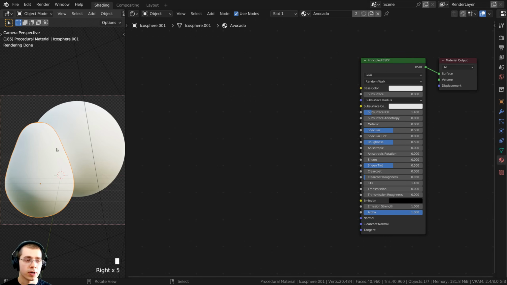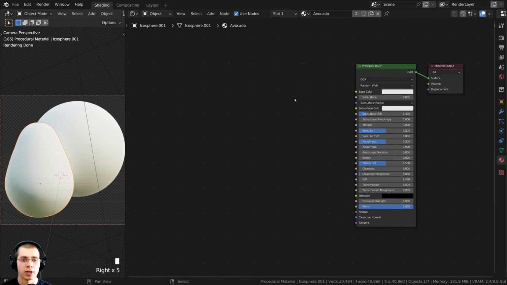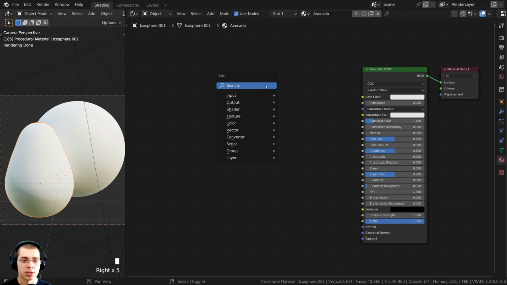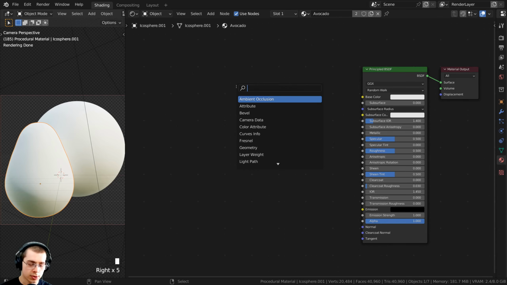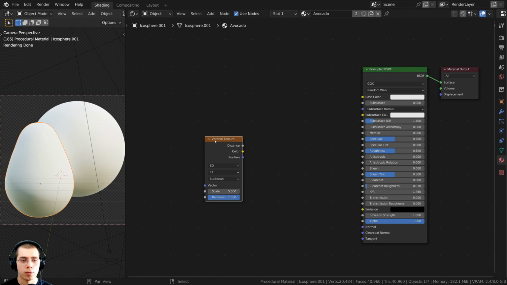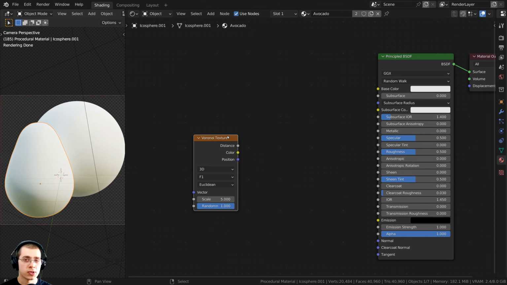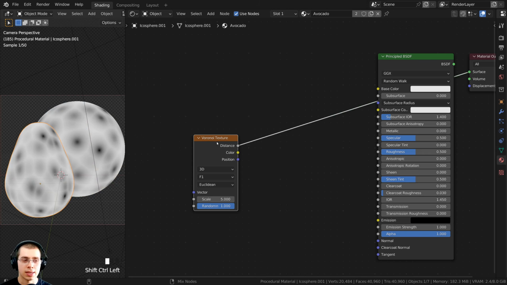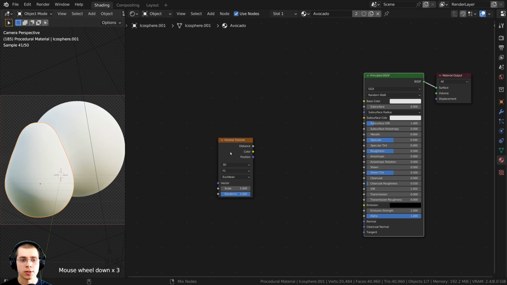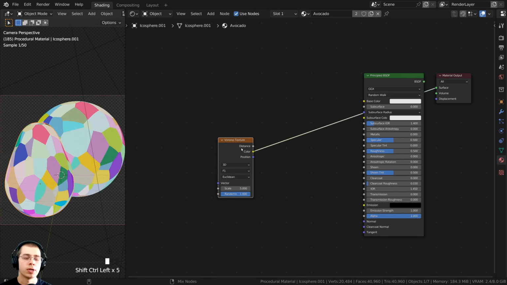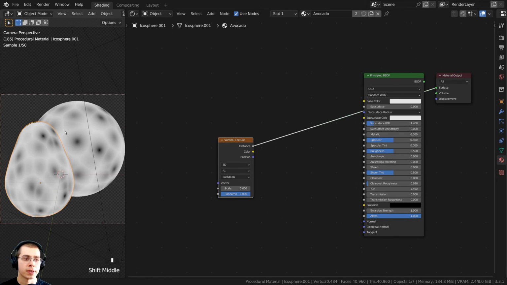So to start off, I want to create some little dots all around the avocado. So to do this, I'm going to press Shift A. Let's go here to the search, and I'm going to search for the Voronoi texture. Let's drop the Voronoi down here, and then using the feature of the Node Wrangler, I can hold down the Control and Shift key and then select different nodes. And by holding down the Control and Shift key and selecting different nodes, it's going to plug the wire up to the surface of the material output,